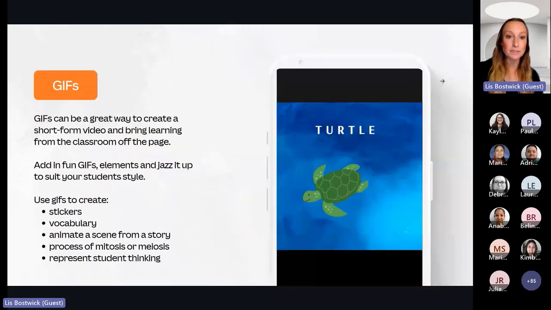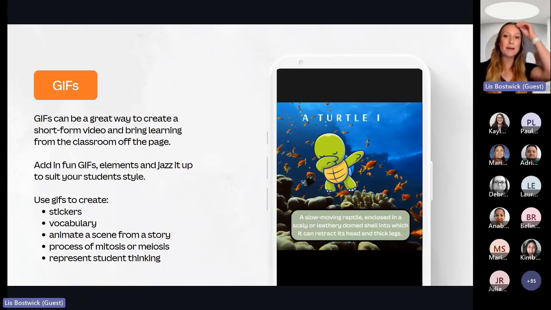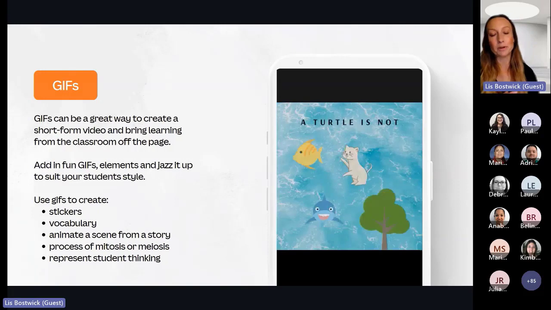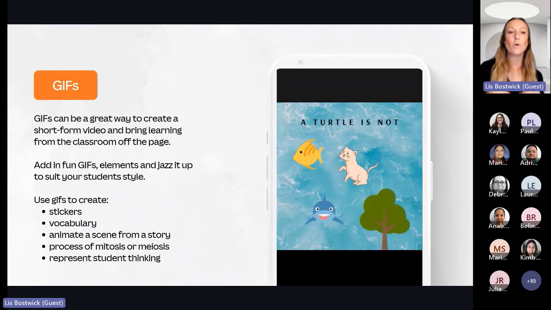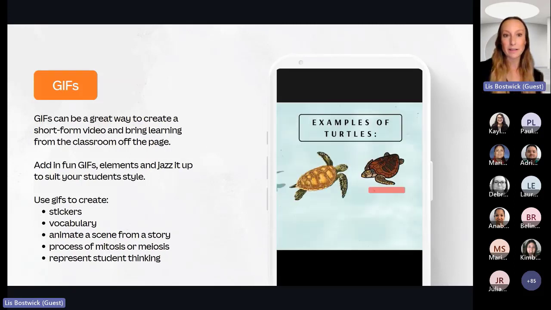You can also create GIFs in Canva. Sometimes we don't think of GIFs in terms of academic, and some people might say GIFs, so I just want to honor that too. But keep in mind that this is a neat little way where students can take a vocabulary word and a definition. One thing I do hear from teachers is that they worry this is time consuming. Keep in mind that we want to keep things novel in the classroom.